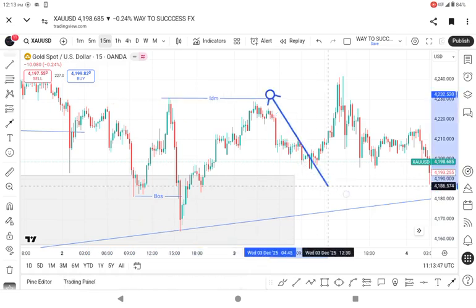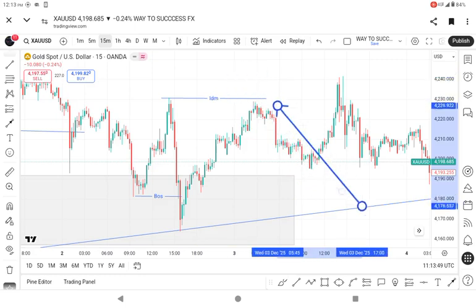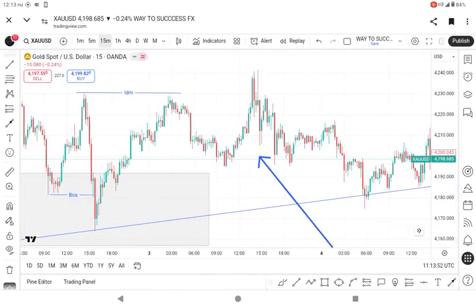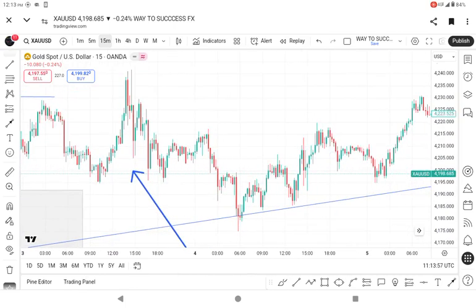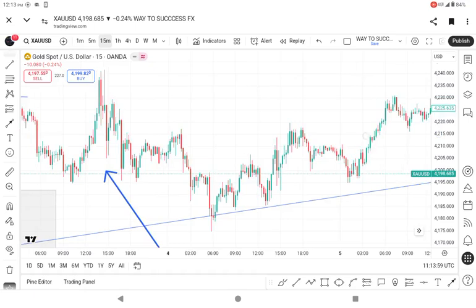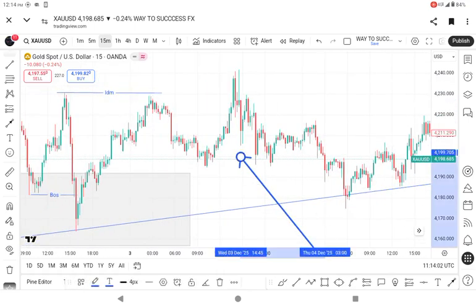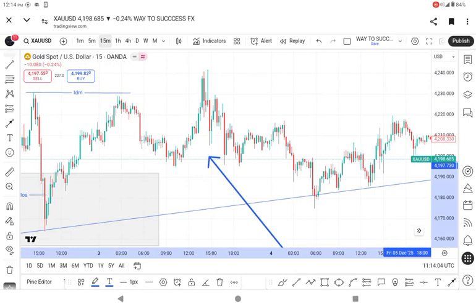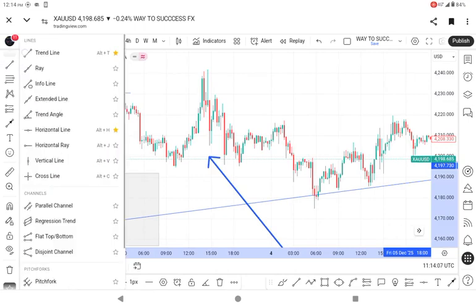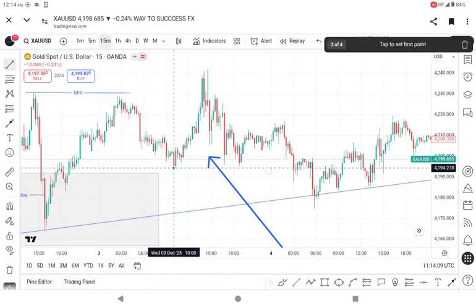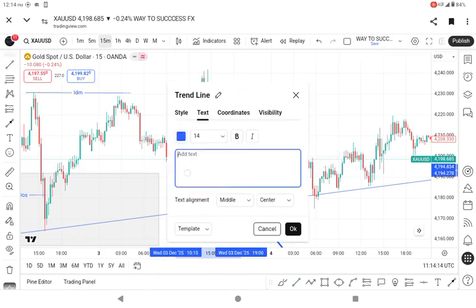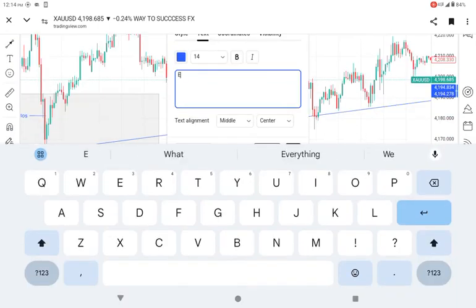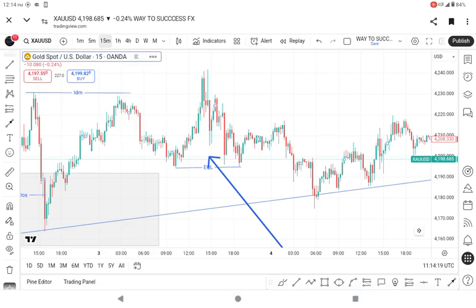Price now took the inducement in an attempt to go to the downside, but failed. So when price failed this level, what did price do? Price came to the downside and created some liquidity here, a kind of equal low at this level. So an equal low was created at this level, and price took out the equal low